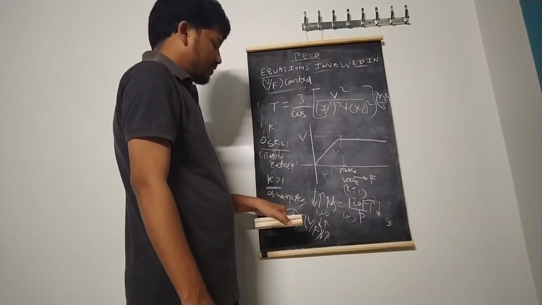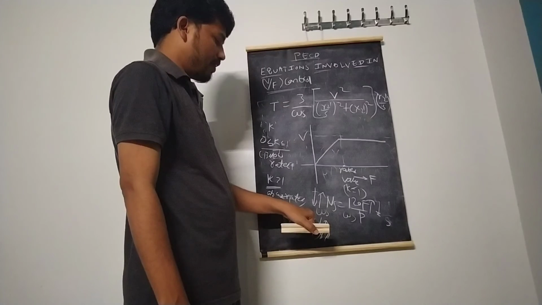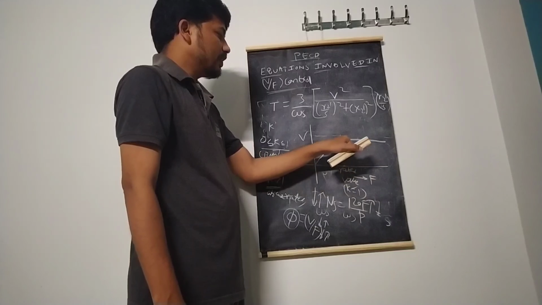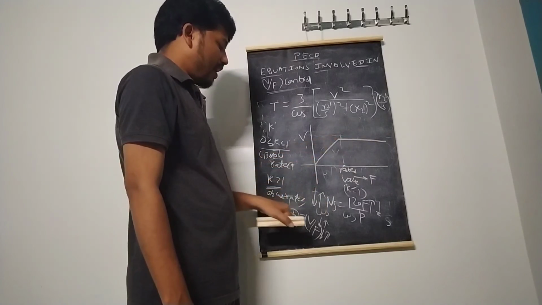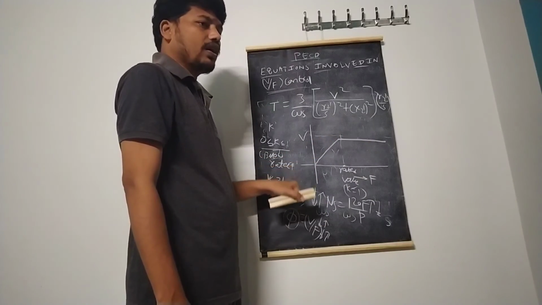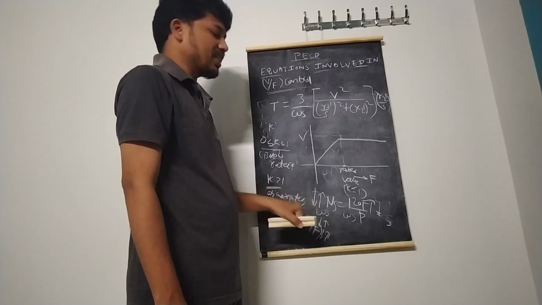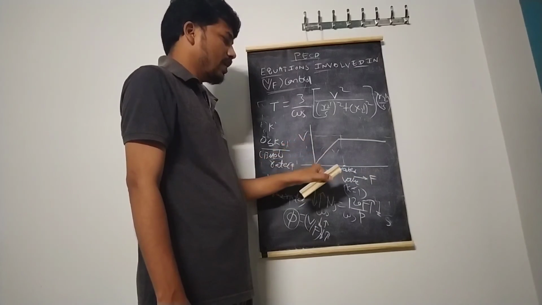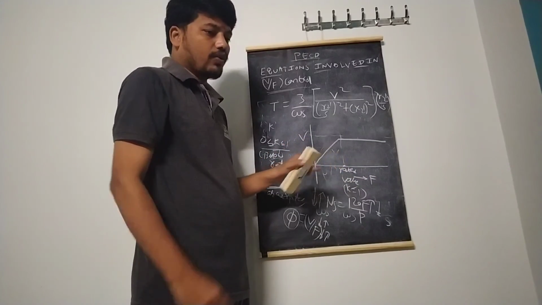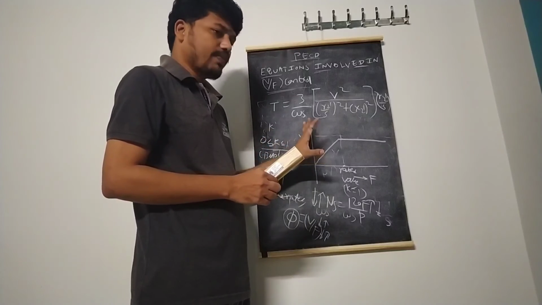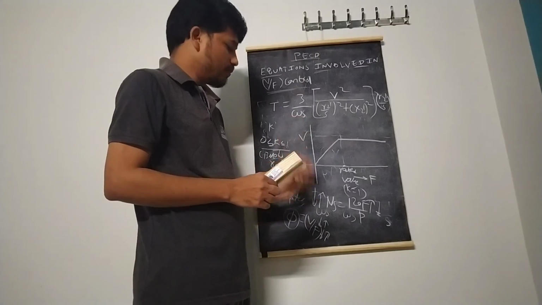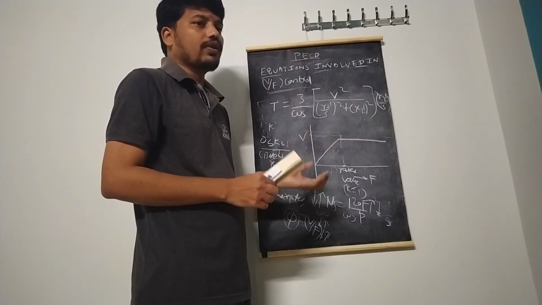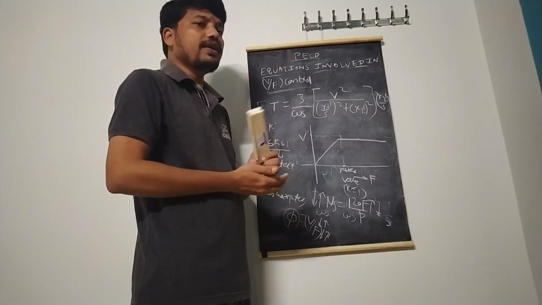Therefore, to maintain the flux constant, frequency and voltage should be proportional up to base speed. After that, even though the frequency is increased, there is no change in the voltage. Therefore, the effectiveness of V by F control is not satisfied in the case of above rated frequency. For below rated frequency, V by F is good for us, and therefore we maintain the maximum torque constant. But in the case of above rated frequency, voltage is constant, so it is not good when we consider the maximum torque.